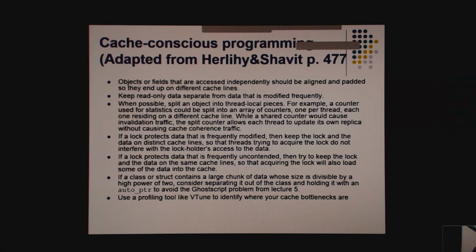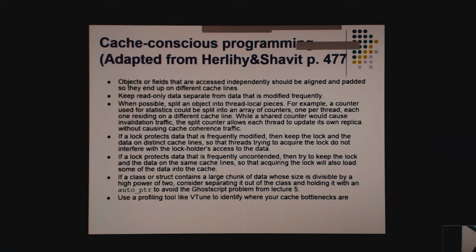Another one is to keep data that you mainly just read separate from data that you modify a lot, because if data that never changes is on the same cache line as data that changes a lot, you'll have to keep rereading the data that never changes because some other thread has modified something in its cache line.